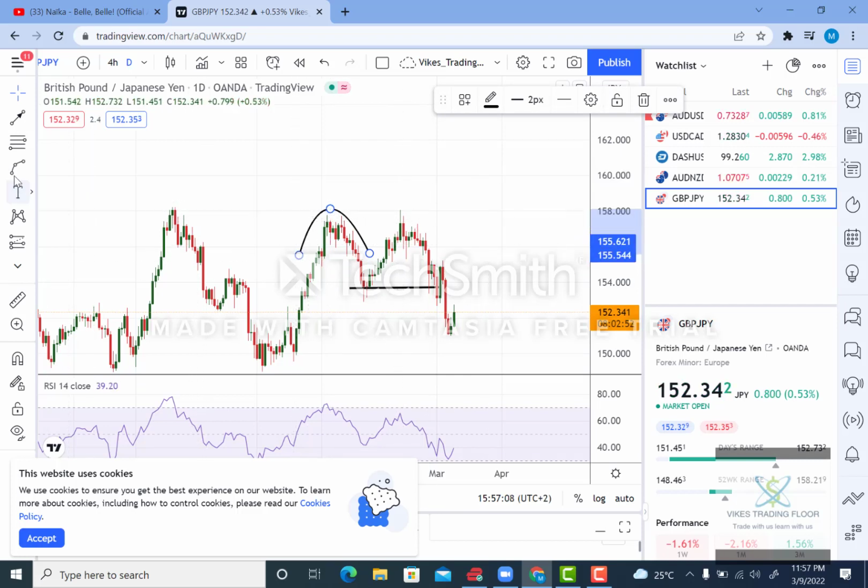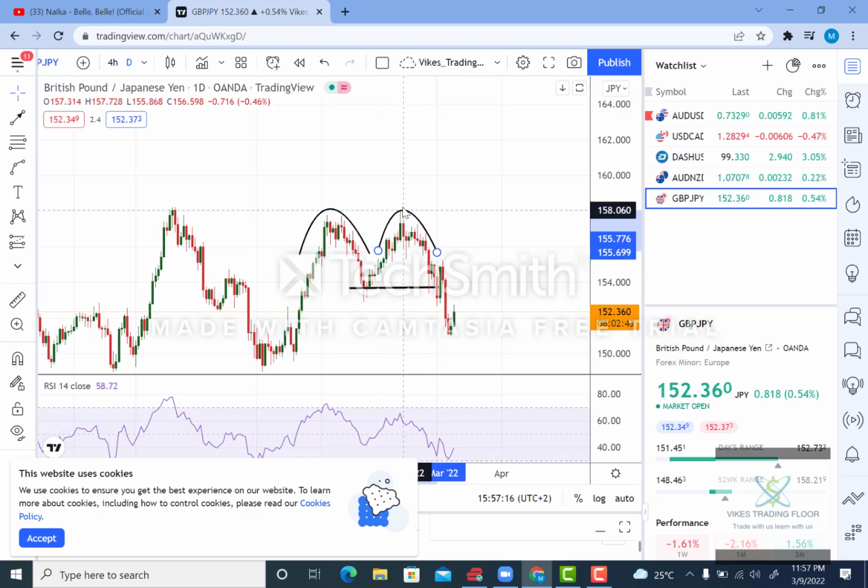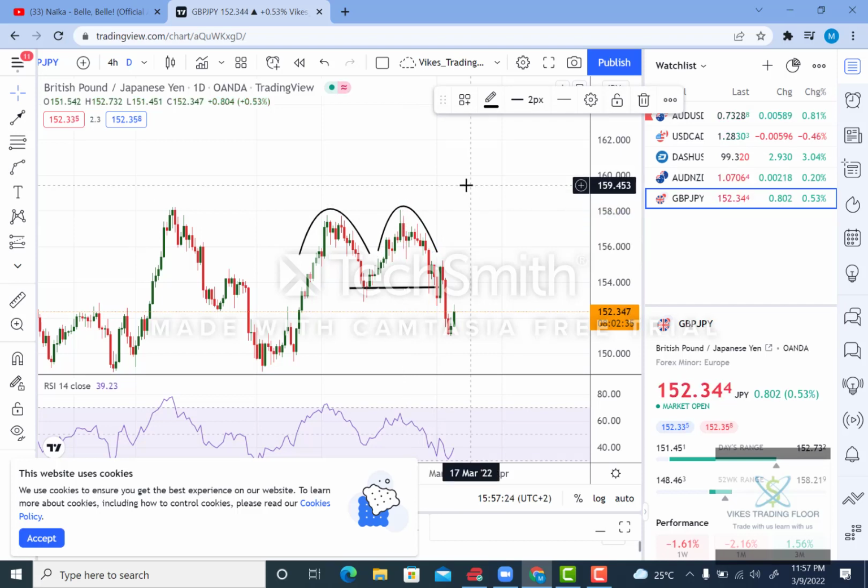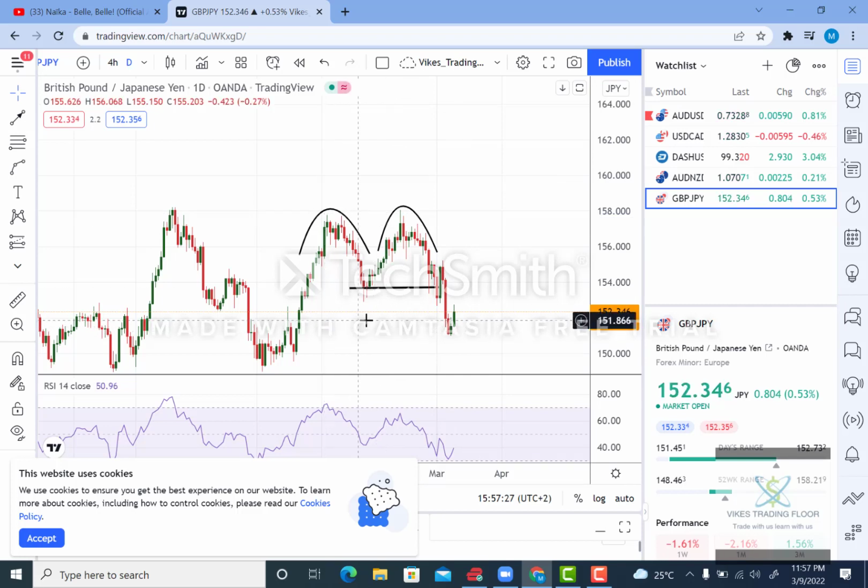So basically what happens in an M pattern is that the price tends to form maybe an equal high or spikes slightly above the previous high. In short, prices tend to play around the same level of highs,